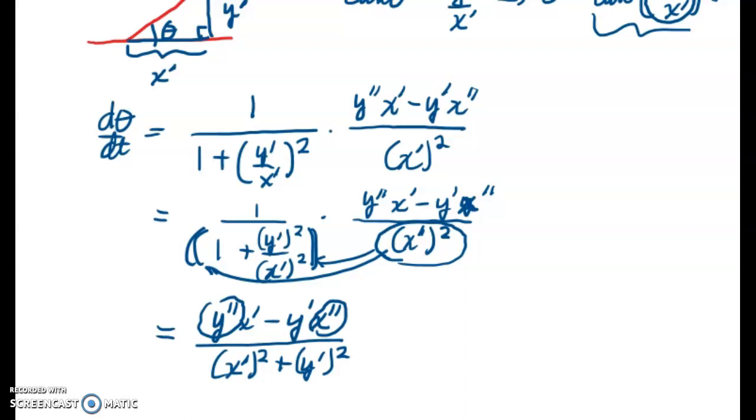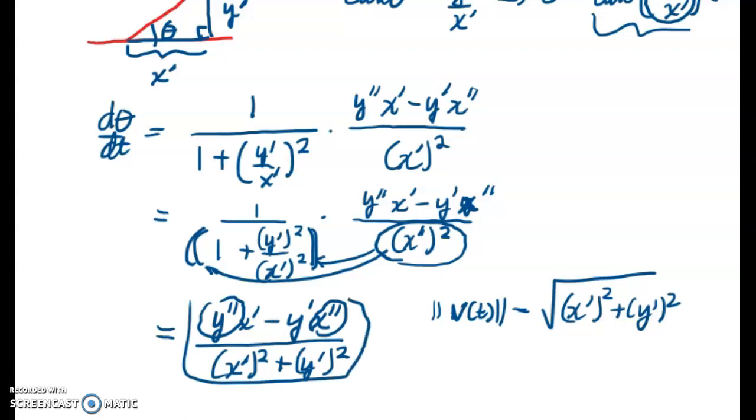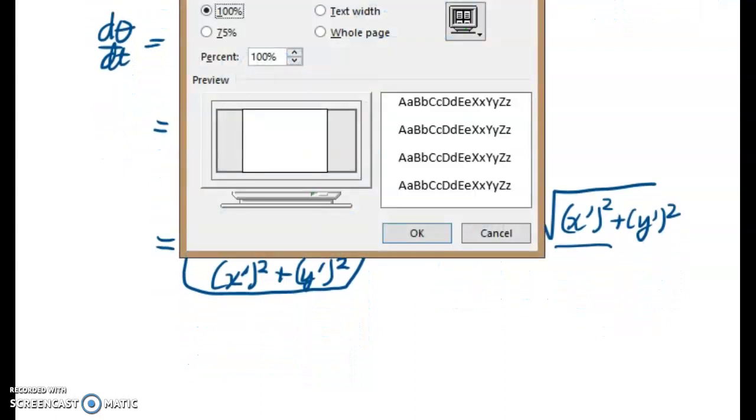And we need to eradicate the effect that the speed, the actual speed, has on this measurement. So what we do is we just divide d theta dt by speed. Now remember, the speed is the norm of the velocity, which is the square root of x prime squared plus y prime squared. If I divide this by this,